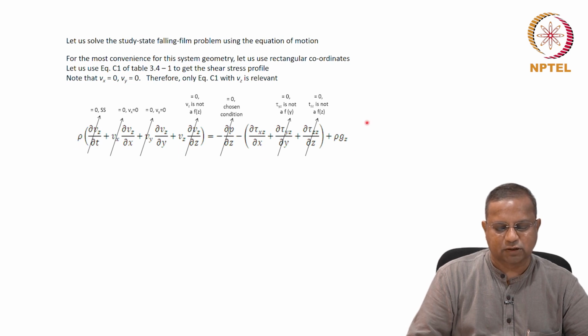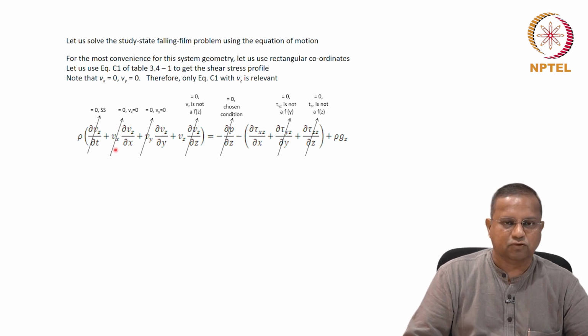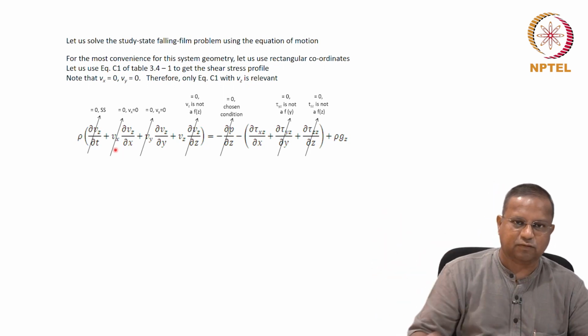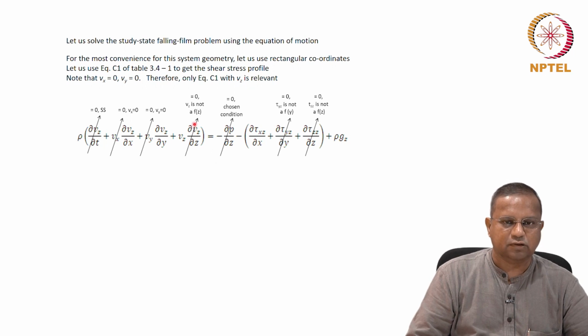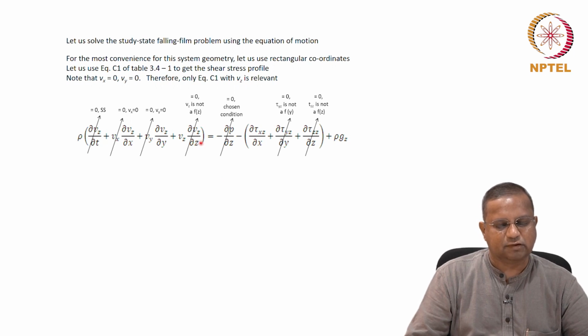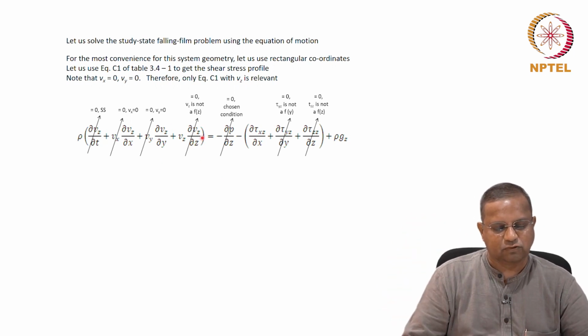This was the equation corresponding to the rectangular Cartesian coordinate system, which the geometry of the system satisfies. And therefore, we took this equation and cancelled out the terms that are irrelevant. For example, the first term goes out because we were looking at steady state. There is no bulk velocity in the x direction, there is no bulk velocity in the y direction. Of course, there is a bulk velocity in the z direction. However, because the flow is well developed, the z velocity is not a function of the distance along the z direction, and therefore this term goes to 0.